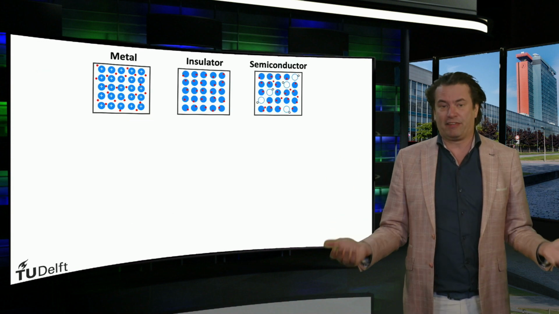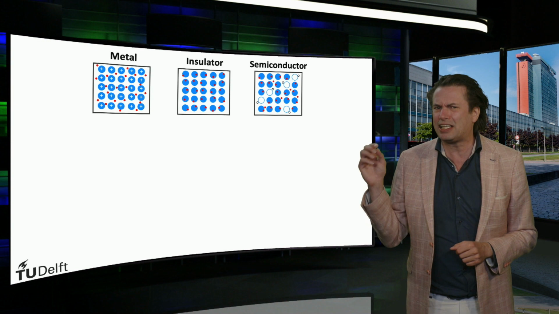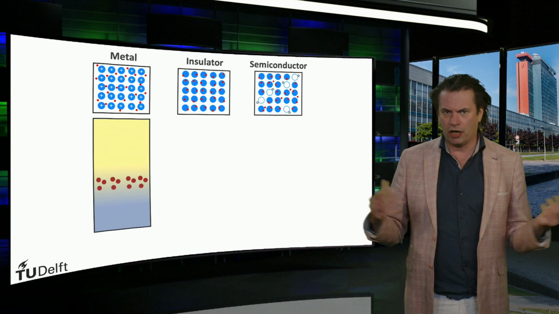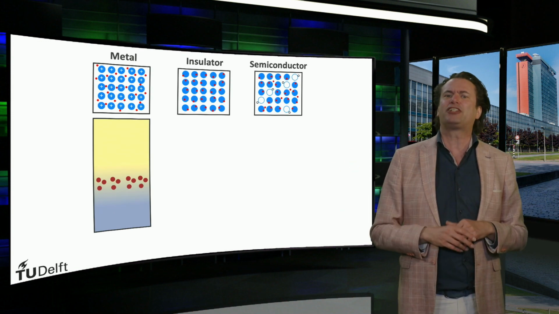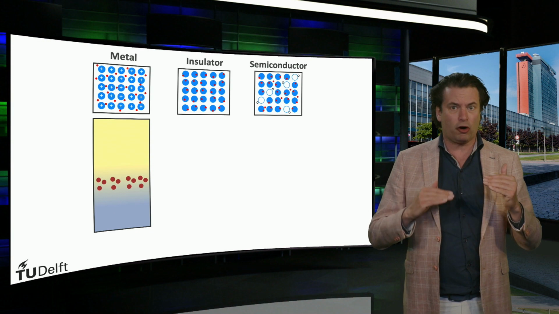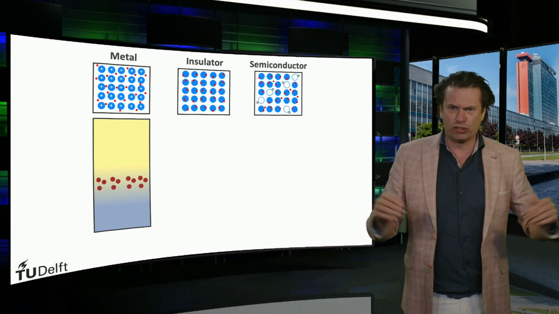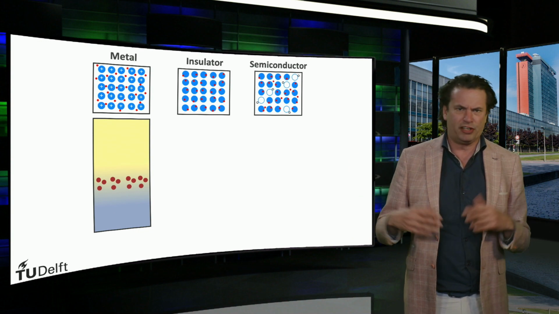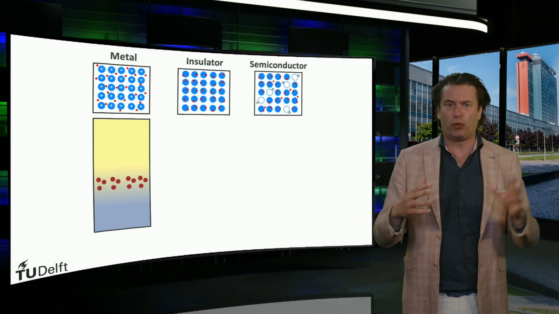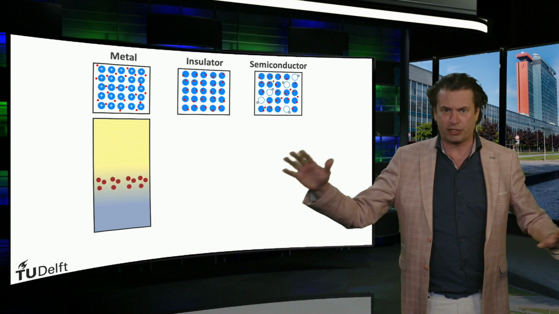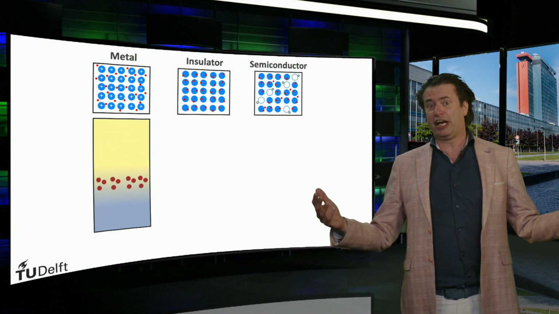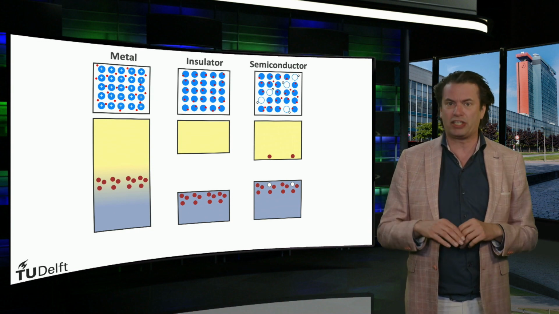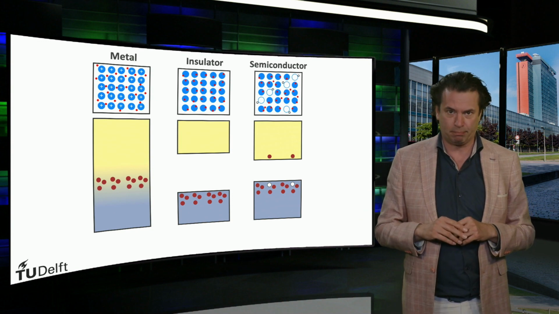The properties of metals, insulators, and semiconductors can easily be illustrated using the electronic band structure of a material. An electronic band reflects the potential energy levels an electron could occupy in the material. Metals have a broad electronic band which is not fully filled with electrons. This electronic band corresponds to the energy level in which the electrons can freely diffuse around in the material. An insulator and a semiconductor, to the contrary, have two distinct bands with a large forbidden gap between them.